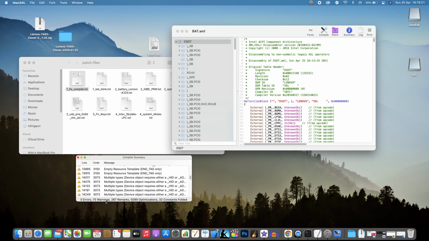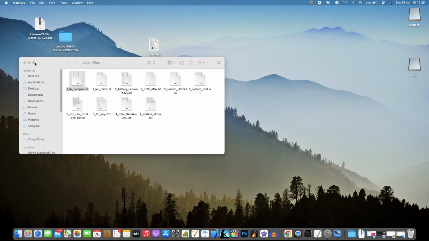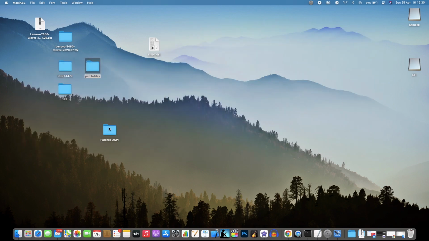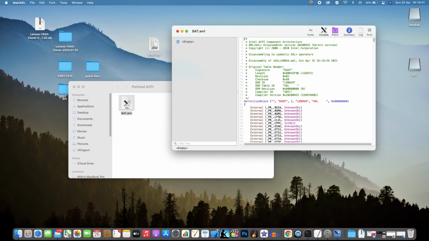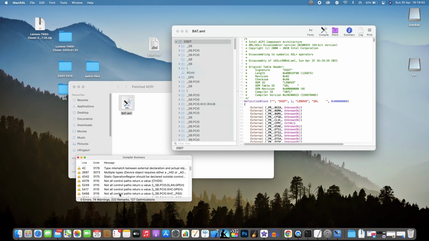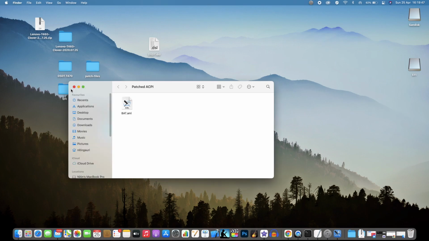It doesn't matter how many warnings we get, that's completely fine, but errors has to be 0. Okay, so in this way we get all the patched ACPI files over here, just like this particular file. You have to patch all the files, and you open this and compile this particular file and you see it shows 0 errors.